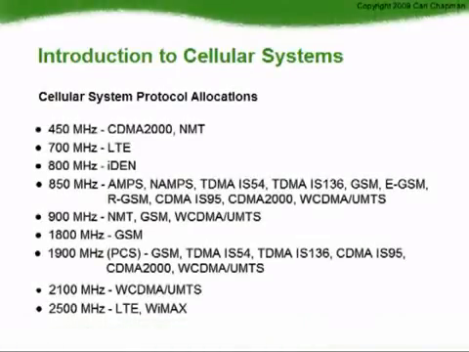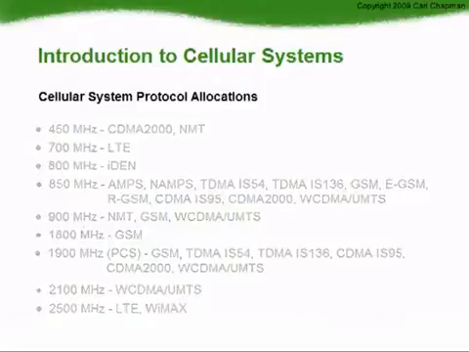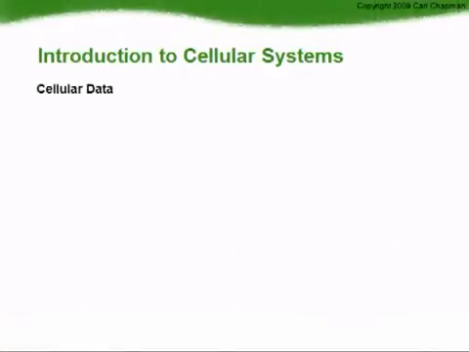Cellular systems around the world use a variety of technologies, protocols and frequencies. Many of the technologies we have discussed can be used in multiple frequency bands. For example, GSM can be used at 850, 900, 1800 and 1900 MHz. When talking about a particular cellular operator system, it is important to specify both the protocol and frequency band to avoid confusion. For example, GSM 900, or TDMA 1900.